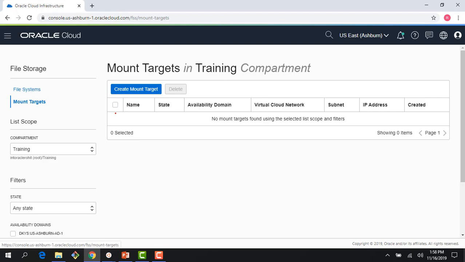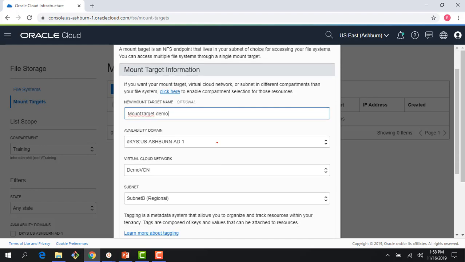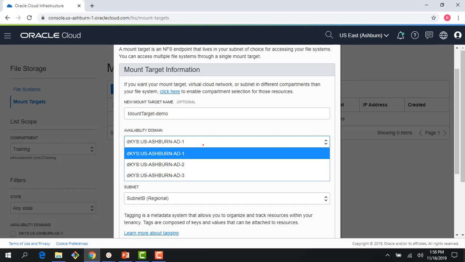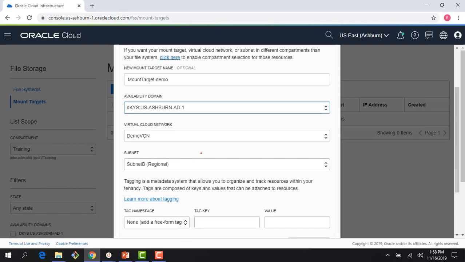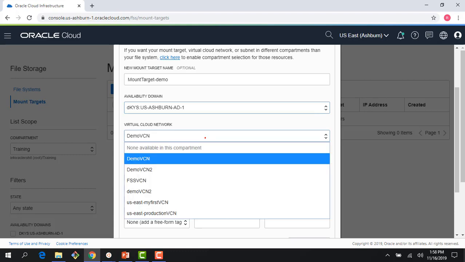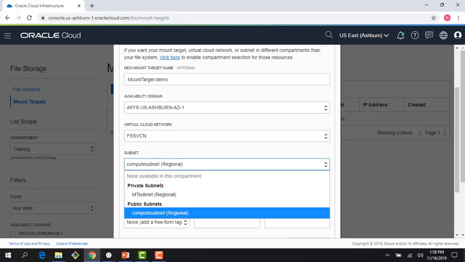So first, let me create a mount target, and this we are doing a demo. So it's a mount target demo. The mount target and the file system are AD specific, so it's picking up AD1. I could have chosen another AD, that's fine. My subnet is regional, I could have done that, but AD1 is fine. And right here I'll pick the VCN we just created, FSS VCN, right? And now for the subnet, I don't want the compute subnet, I want the mount target subnet, right? Because it's private, and that's where I'm going to